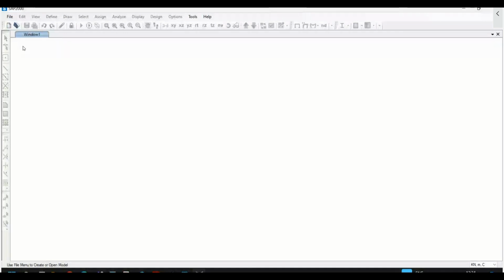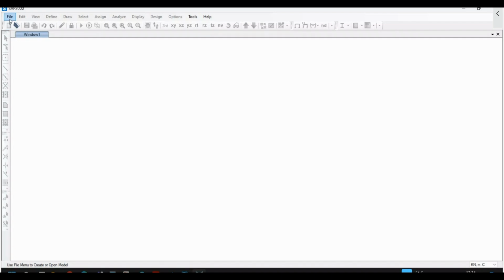Just to give you slightly on the modeling part, we'll take up one small example, a similar example we saw in ETABS, and then we'll quickly switch to other examples. This is to give you an introduction to all the features and how we use it. And there will be some differences compared to ETABS, and that also we will see in this particular example, right? So this is the